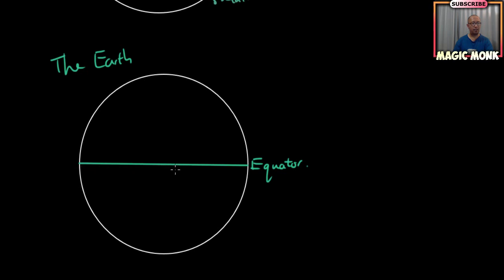The equator is in the center of the circle, and we call this 0 degrees